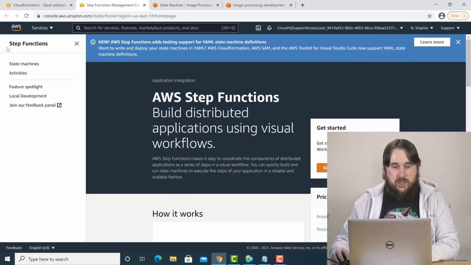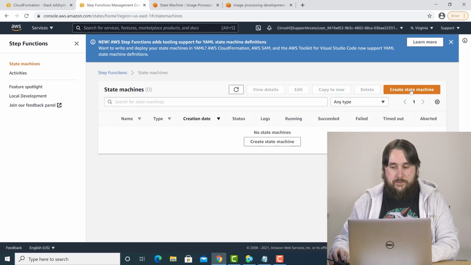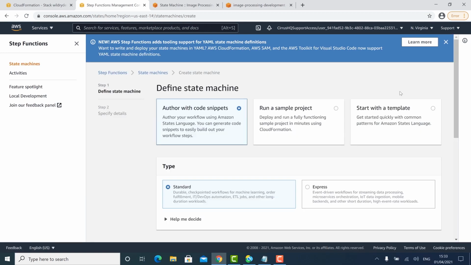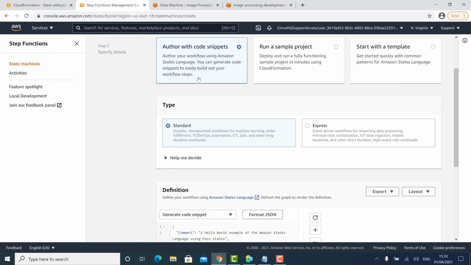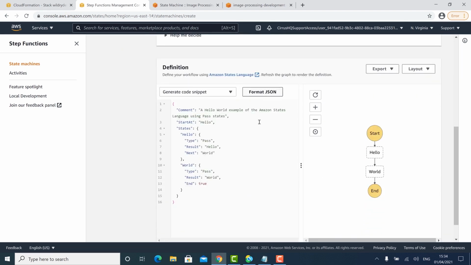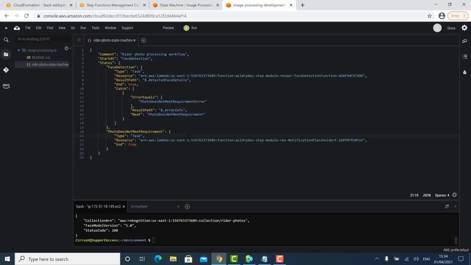To create the step functions, if you click on the three lines at the left hand side, and then click on state machines, this will allow us to create a new state machine. Now, the simplest way to do this for our demo is just to author it with a code snippet. We are actually going to change the code snippet in here, but it allows us to just have the default set up. So this section here is what we're going to be replacing with our code that we've saved in